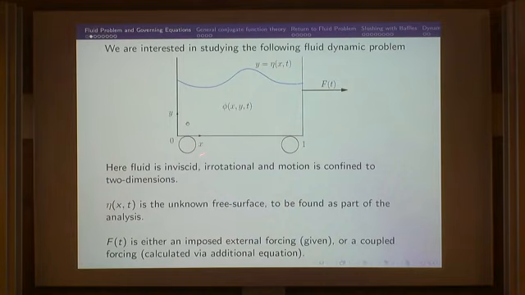Okay, so here's the type of thing you might have. You'll have some rectangular vessel. I'm going to normalize it so that it's got length 1, so this is x equals 0, x equals 1. It's got a flat bottom at y equals 0, and it's got some unknown free surface at y equals eta of x and t, and this free surface is unknown, and we can solve for it as part of the motion. And we can think of this vessel as perhaps being on wheels, and this f of t could be